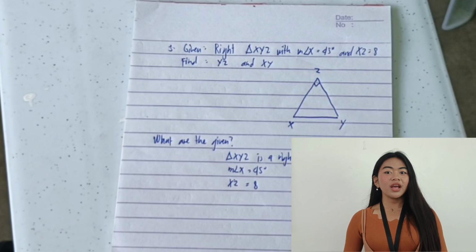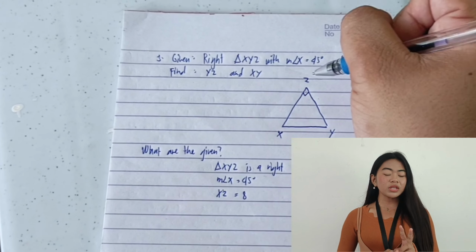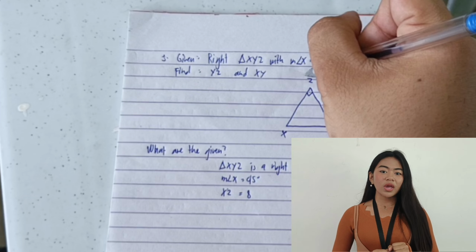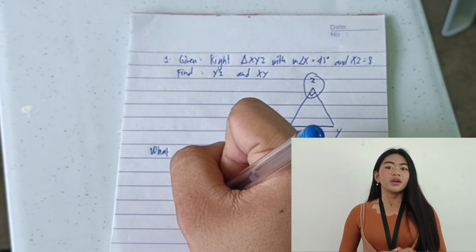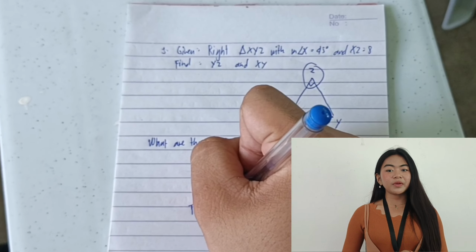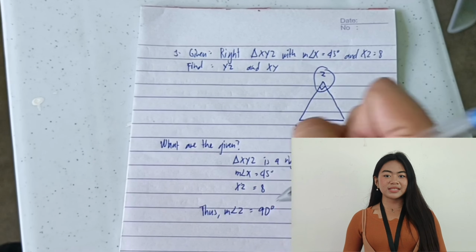Since we are given that triangle XYZ is a right triangle, by the definition of a right triangle, there is one angle that measures 90 degrees. But which one? As we can see from our picture, there is a small square drawn within the angle formed by the two intersecting lines. This square is a visual representation of the 90-degree angle, indicating that the lines are perpendicular to each other, so the measure of angle Z is 90 degrees.